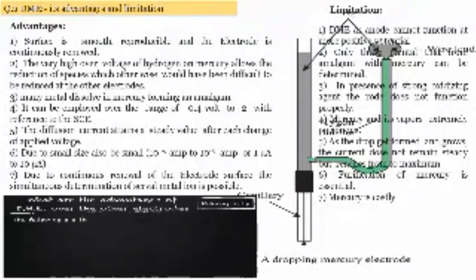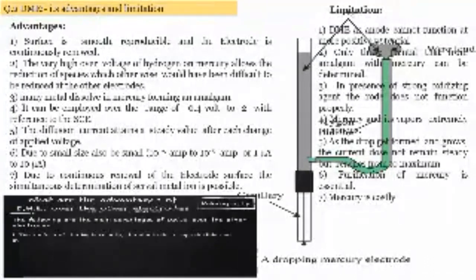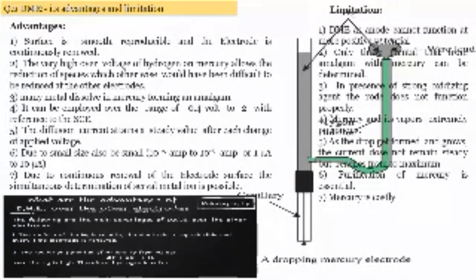The following are the main advantages of the dropping mercury electrode over any other electrodes. First, the surface of the mercury is smooth. The electrode is reproducible and every time the electrode is renewed. The reduction potential of hydrogen ion to form hydrogen gas, 2H plus combining with 2 electrons producing hydrogen gas, over mercury is high. Therefore, hydrogen ions from the experimental solution are not allowed to reduce on mercury, but the metal ions can be reduced on the surface of the dropping mercury electrode.